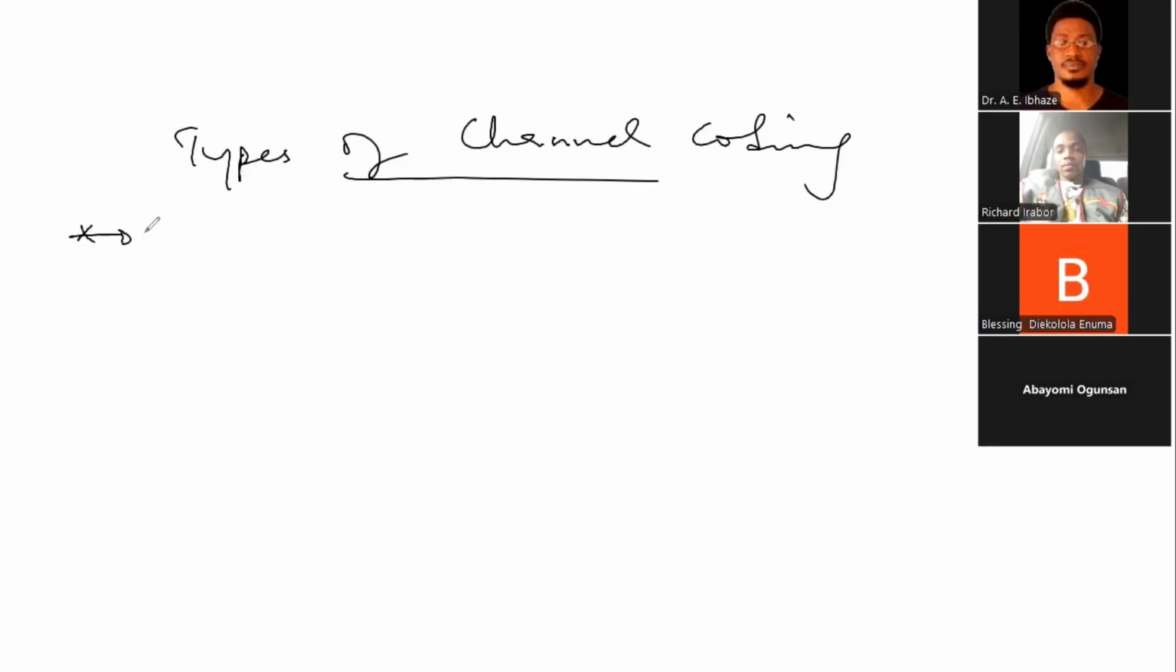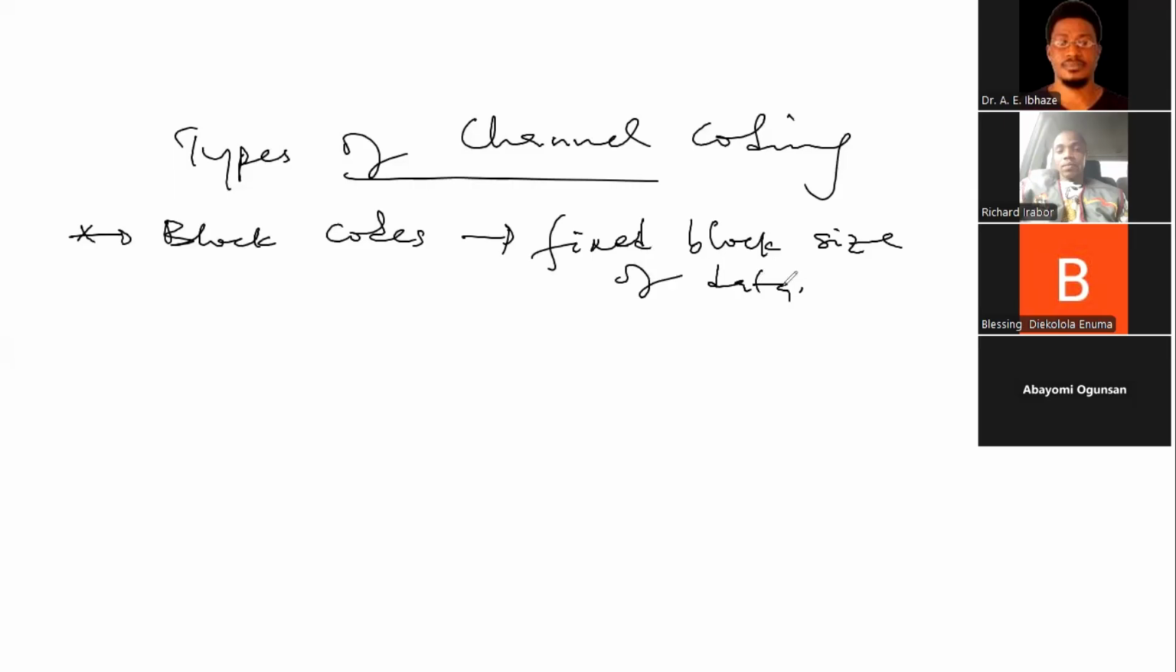So the first of these codes that we'll be talking about is the block codes. Now, this we have described extensively in our previous note, and we know that these codes operate on fixed block size of data, okay? So block codes usually divide the data into fixed length blocks, and then they add parity bits for error detection and correction. So we now have something like this,